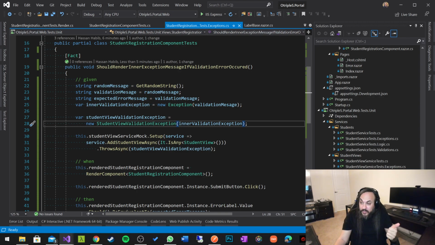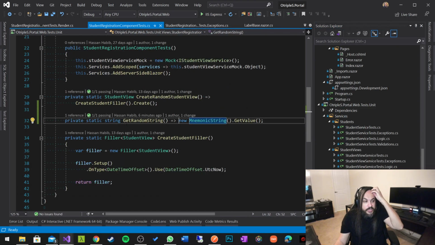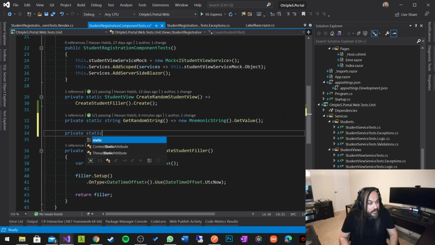validation exception. There's dependency exception, something underneath in downstream services that actually indicates that something else has failed. Maybe on the API side, maybe the API itself is throwing an exception if the student age is over 100 or something like that. It doesn't make sense. That's a logical validation that's happening on the UI that you want to propagate all the way up to the UI. So how do I do that? There's this really cool thing that you can do in testing, which is basically being able to say private static